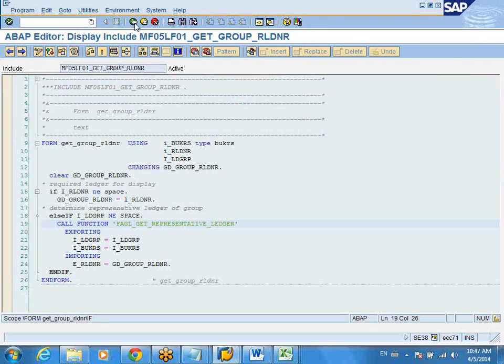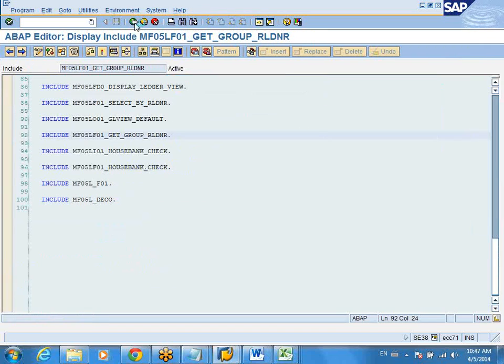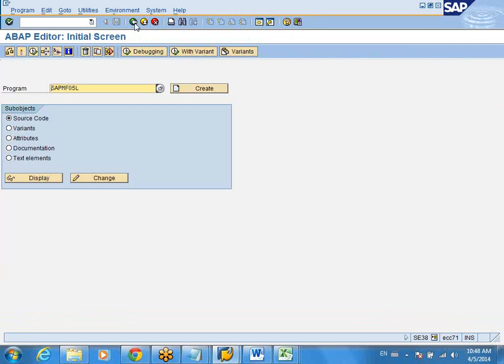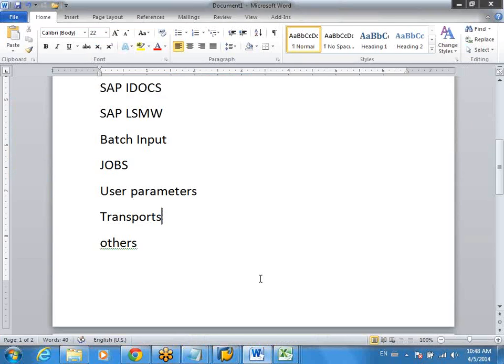For functional people, this is as far as you need to know. A program calls a function module. The function module takes some variables, performs certain action, and returns certain data. You use the data within the program to do certain things. Okay, if I have to draw things for you,